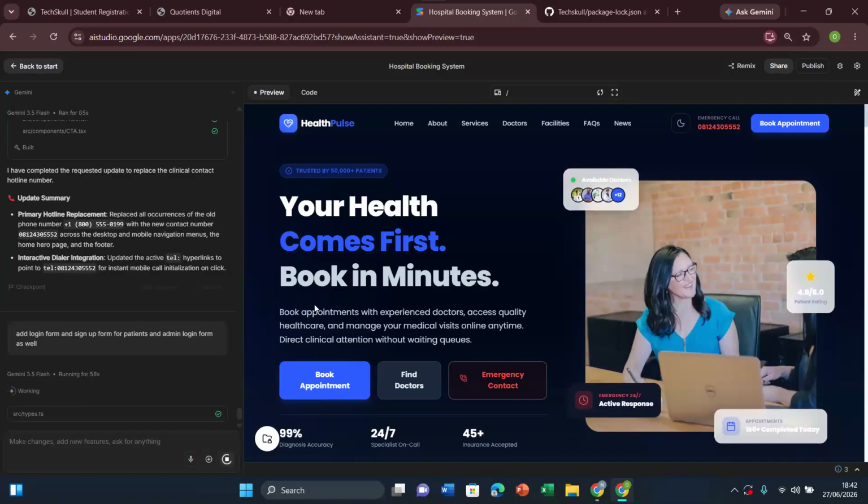I don't know if you understand. So the super admin, the admin that we want to have in this system now, will be the super admin, and it will be the only person that can create another admin on the system. But for patients, any patient can sign up